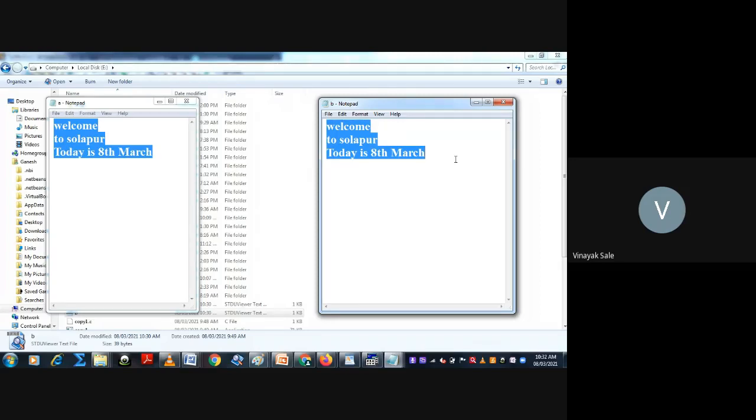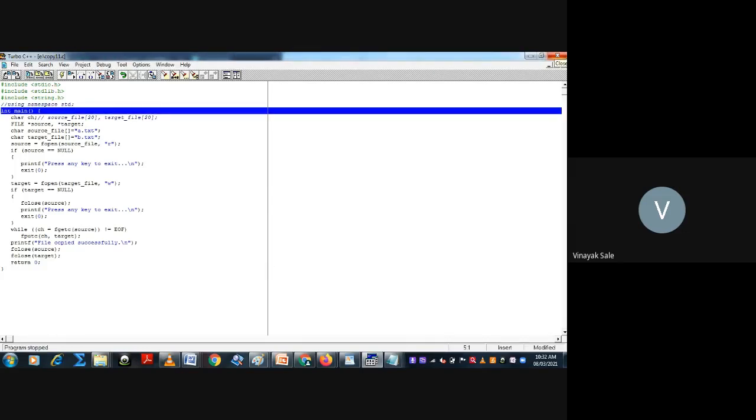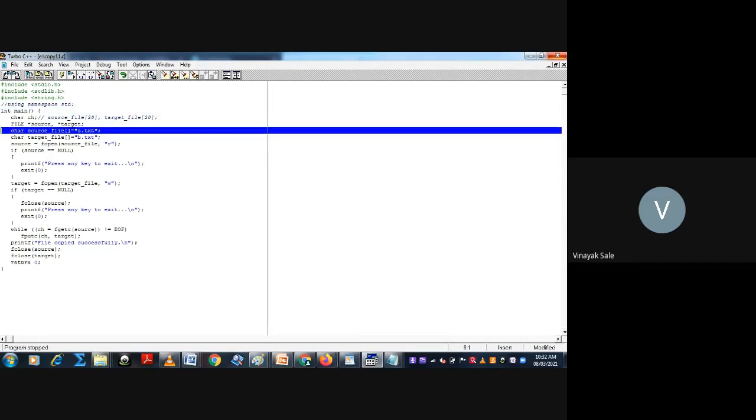So we'll move towards our program and see it step by step. First it will go to the main function, then to the file pointers, source and target.